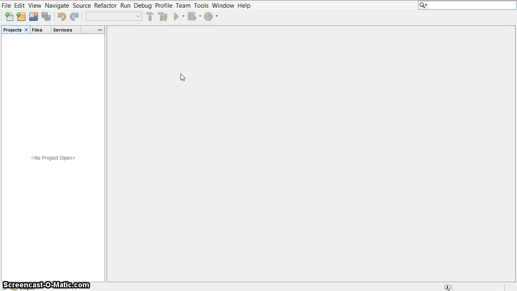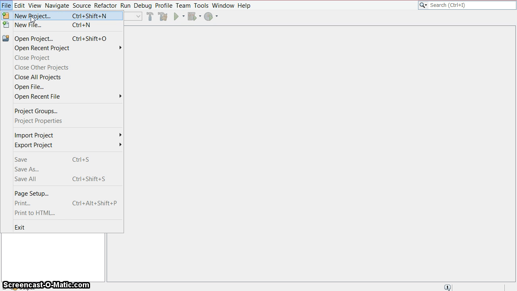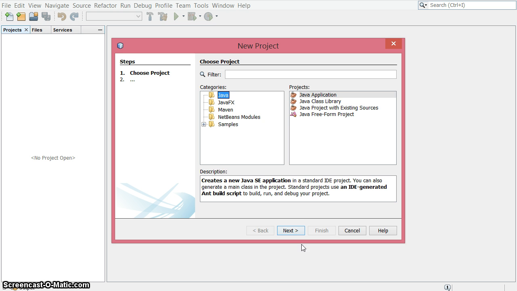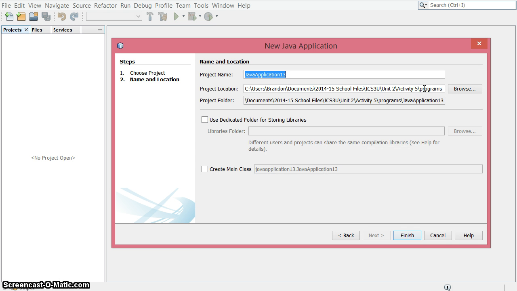We're going to learn about if and else statements, which are a part of the control structures in Java that let you make choices in a program, and we're going to do it using some new GUI components as well. So I'm in NetBeans, I'm going to create a new project, a Java application, putting it in a good place,